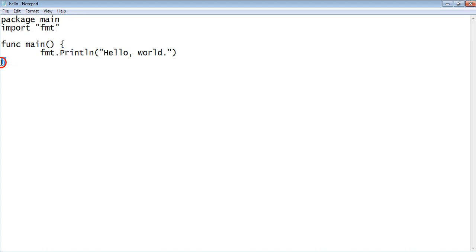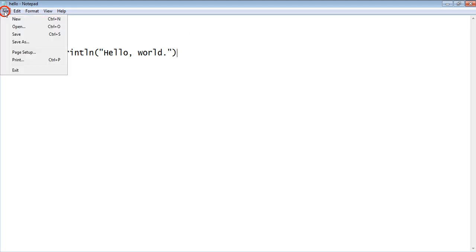The opening and closing braces are going to nest the whole program that you want to write. Here I'm just going to print hello world. That starts with the fmt package, a dot, and the function call for output, that is println. Whatever you need to output to the user through the console, you type fmt dot println with opening and closing brackets, nesting what you want to print. Here I'm nesting the words hello world. Simple as that. So this is a typical hello world program.